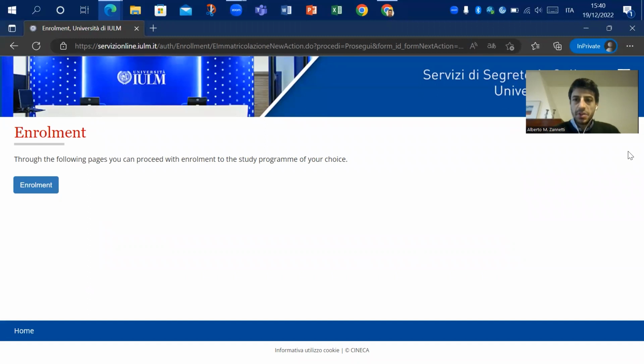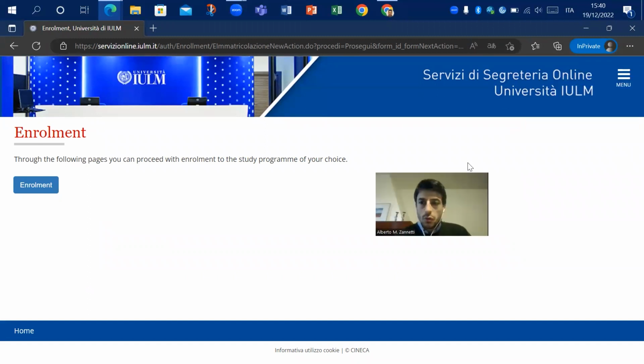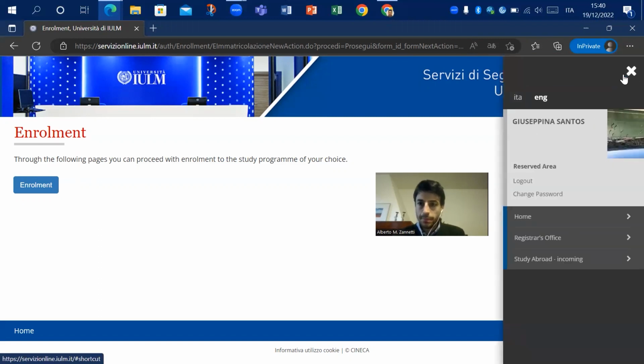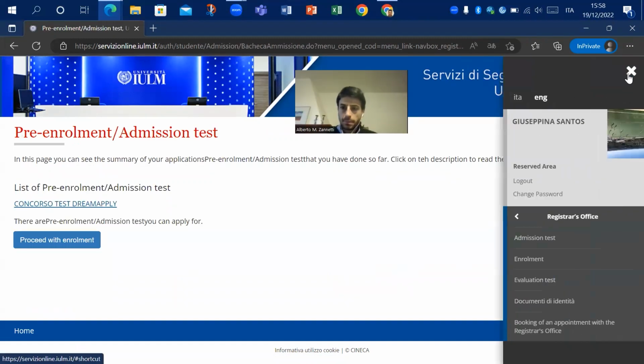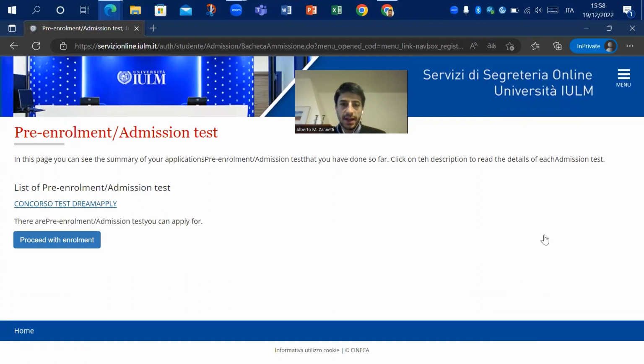Now, once you get to this page, you move to the page menu on the top right corner of the screen. You click on menu. You click on Registrar's Office. So again, from the side menu of the page, you click on Admission Test. You get to this page. You click on the link provided on the page,